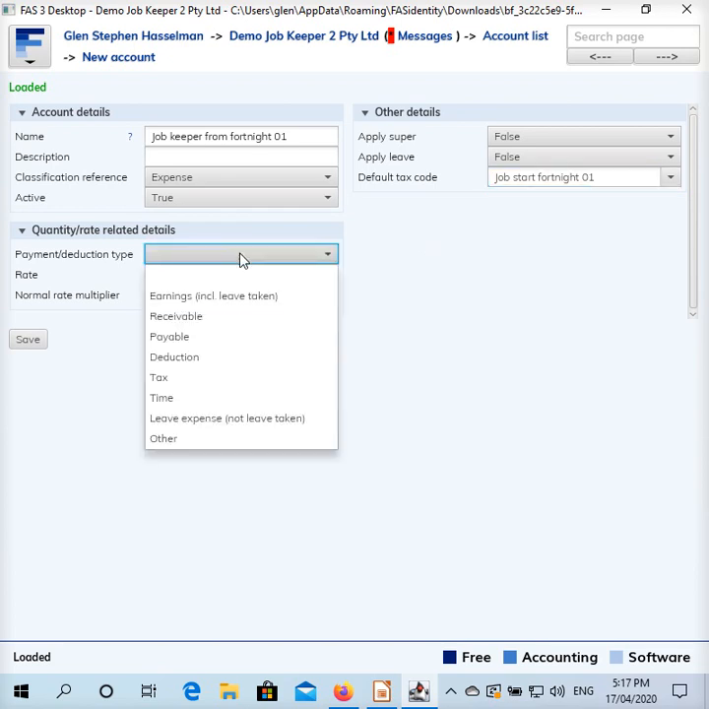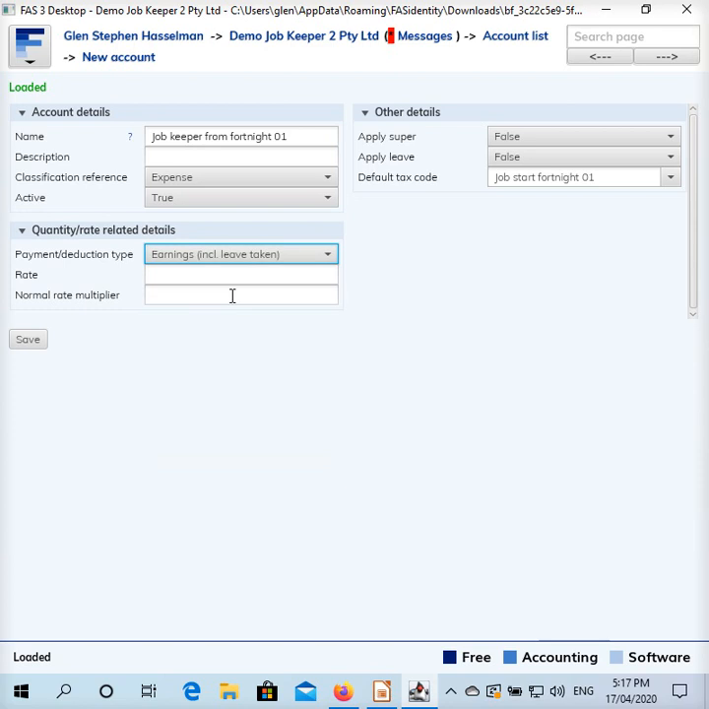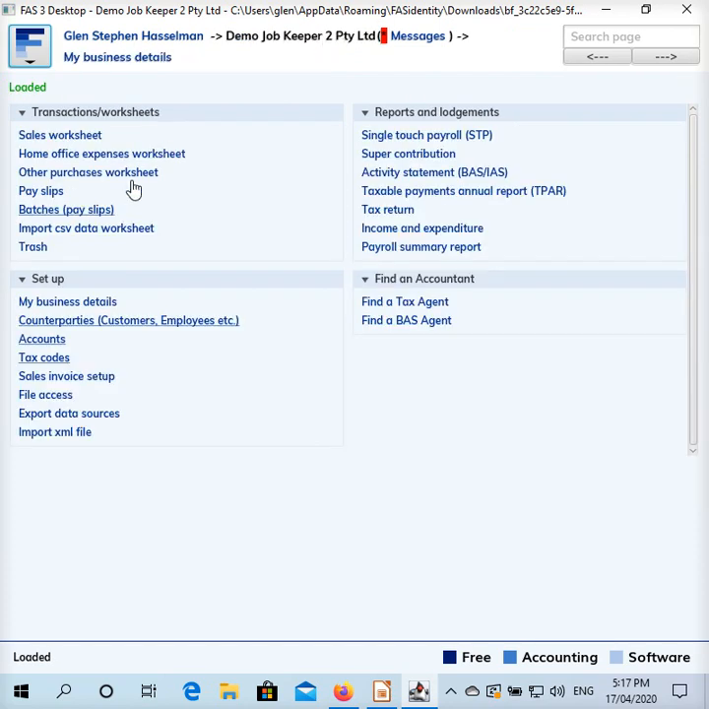On the payslip, the accounts are filtered based on the payment deduction type, so the earnings section of the payslip is where we're going to put this. So select payment deduction type of earnings. You don't need a rate or a normal rate multiplier, and then hit save. Okay, now let's go and enter a payslip. So going to the batches,